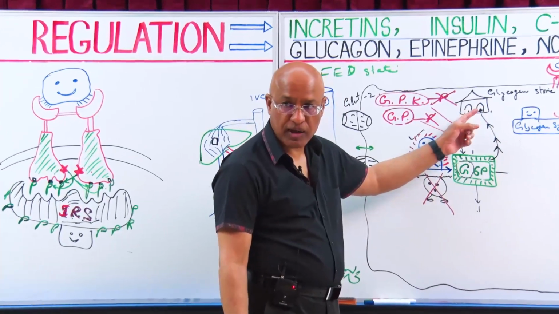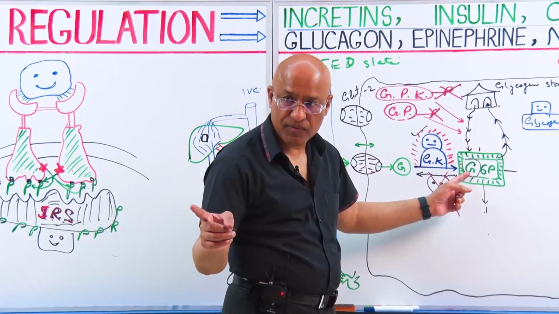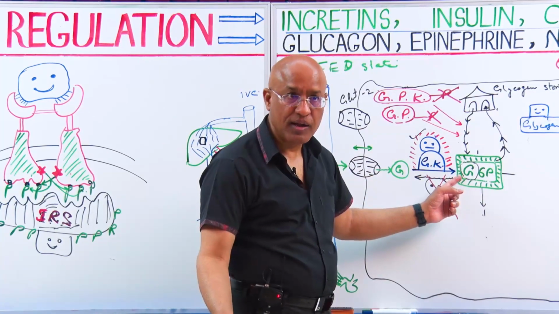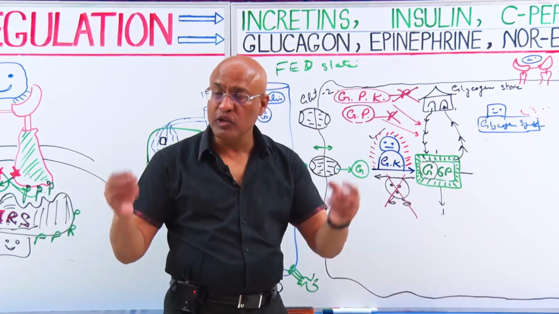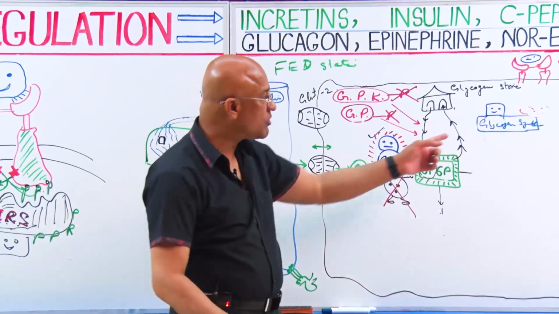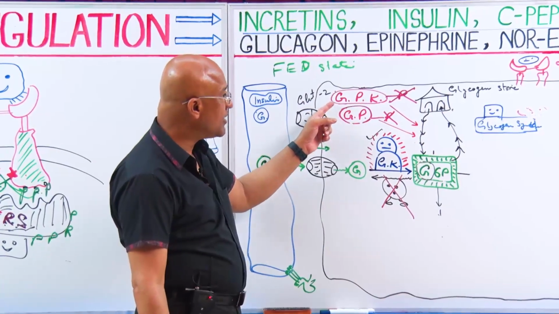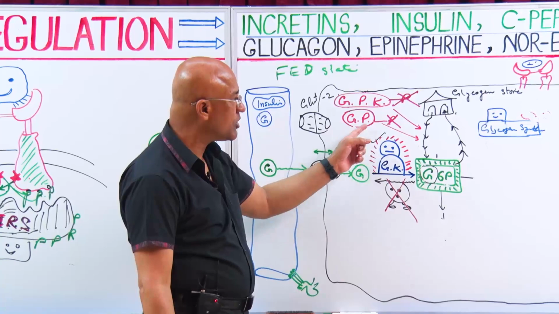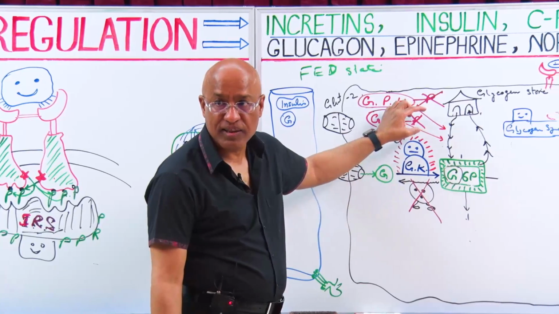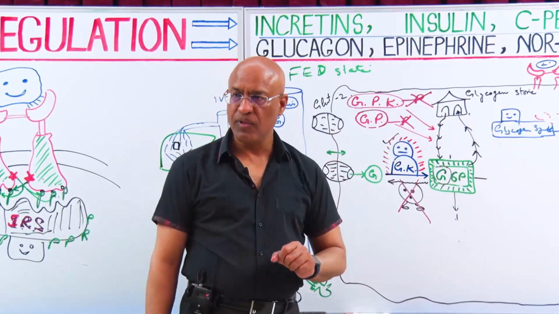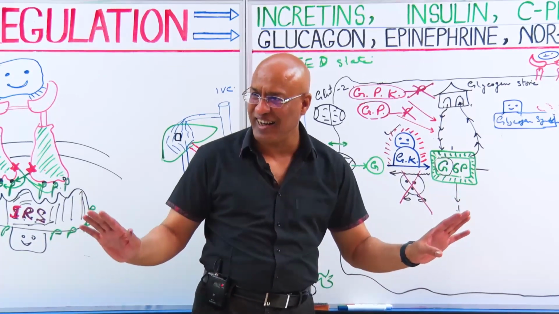But the opposite pathway, the glycogenolytic pathway, will be inhibited. To stimulate one and inhibit the other, the mechanism is the same: dephosphorylation of the enzymes. When you dephosphorylate glycogen synthase, it becomes active. When you dephosphorylate glycogen phosphorylase kinase and glycogen phosphorylase, which are glycogenolytic enzymes, they are inhibited. I hope now you are clear, otherwise I will commit suicide. Sure, I don't need to commit suicide.